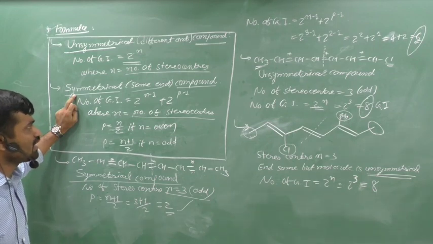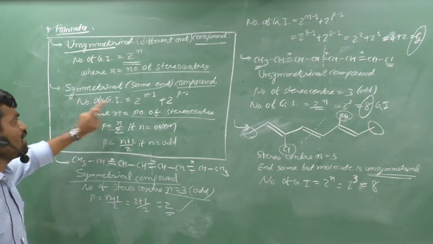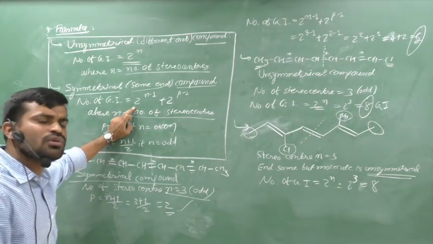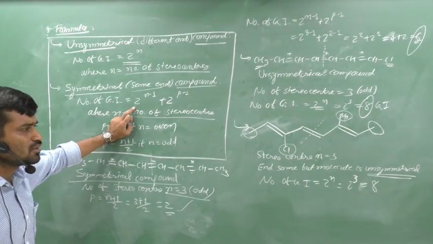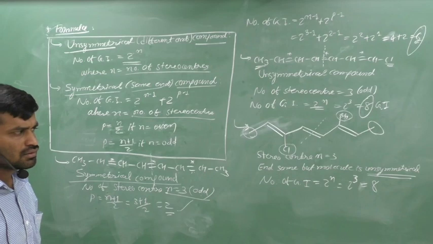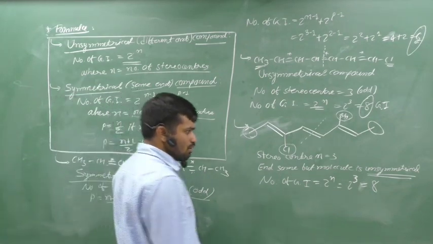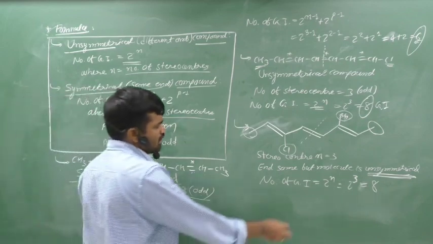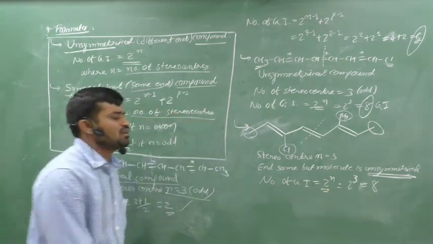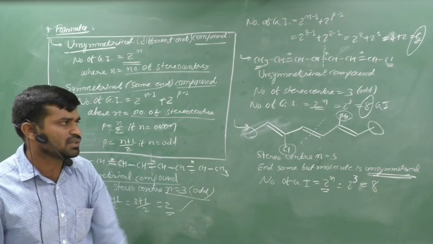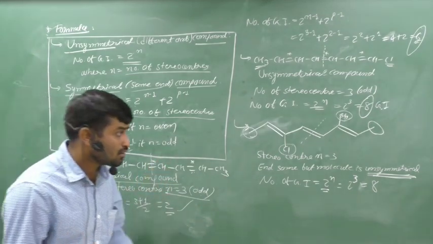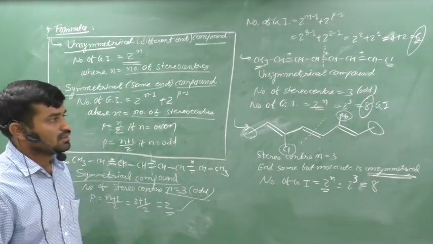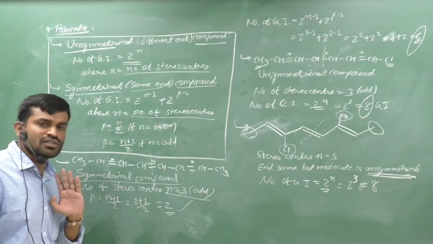If you calculate it by the same ends method, you would have to use this formula, which is actually wrong. It is wrong, because the compound is unsymmetrical. Same ends, but the compound or molecule is unsymmetrical. Therefore, you can use the formula according to the unsymmetrical compound. Clear? It is a very specific case.